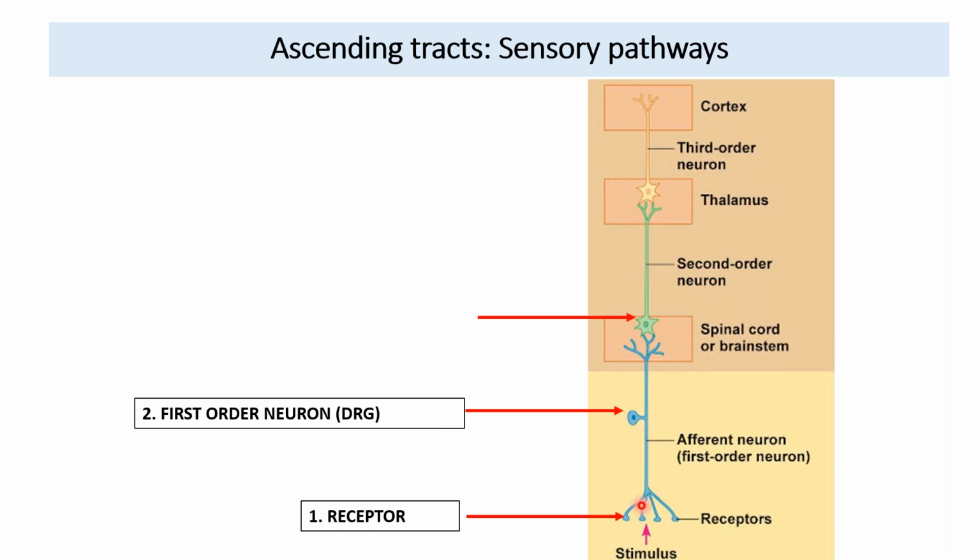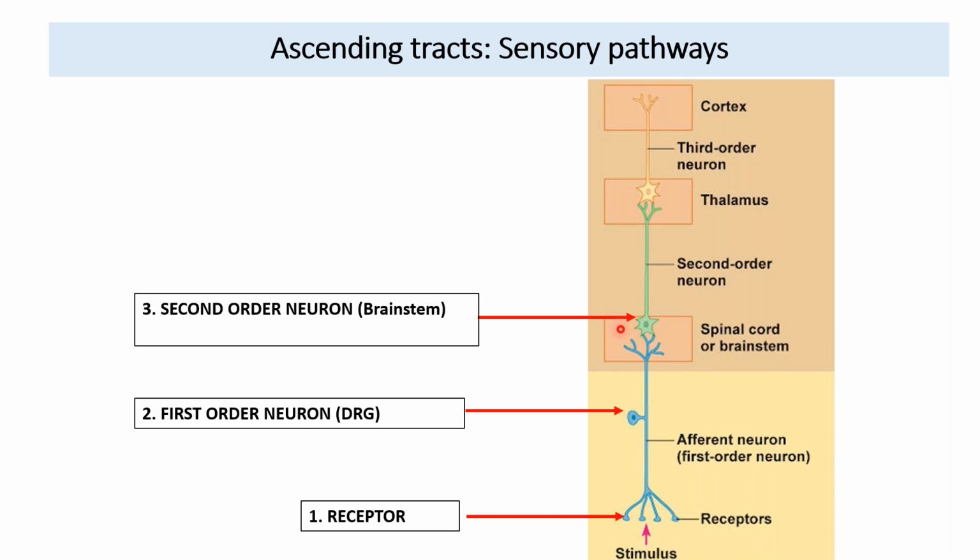Now look into the processes of this dorsal root ganglion. This is the peripheral process, and this is the central process of this dorsal root ganglion, or the first order neuron. Its peripheral process is at the receptor, receiving from the receptor level, and its central process is going above in the spinal cord or the brainstem level and synapsing with another neuron, which is the second order neuron. Its central process is synapsing with the cell body of the second order neuron. So the cell body of the first order neuron was here, and the cell body of the second order neuron is right here in the level of the spinal cord or brainstem.